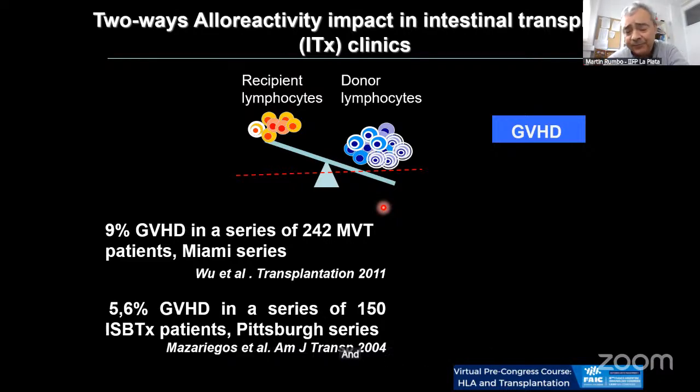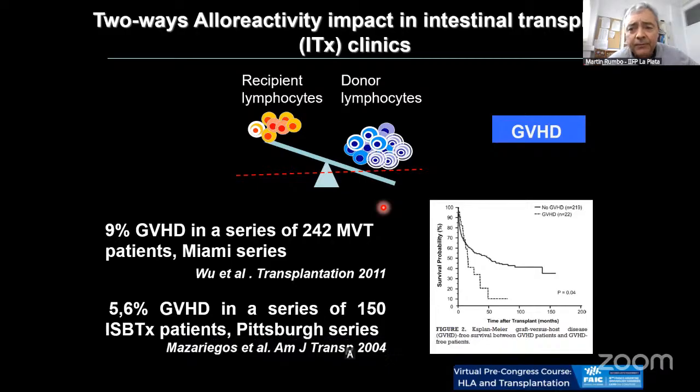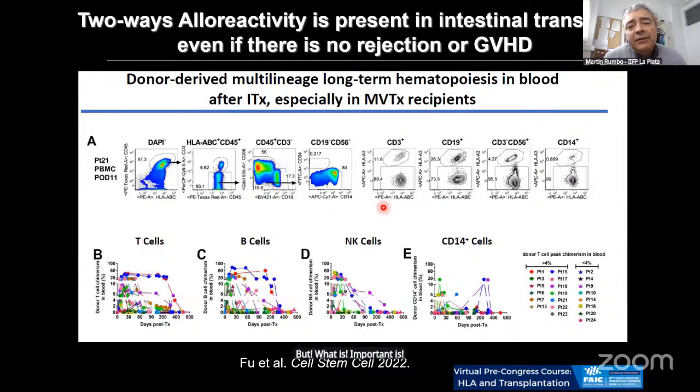And so in solid organ transplantation, either the isolated intestine or the multivisceral transplantation may have graft-versus-host disease as a complication, and this is very important, or has a big impact in the clinic, because it's very hard to treat, and we need to learn more on how to deal with this situation. But what is important is that this two-way alloreactivity is present even without clinical